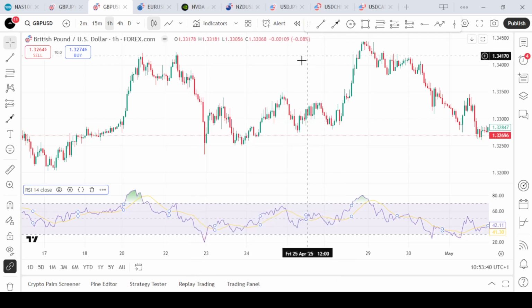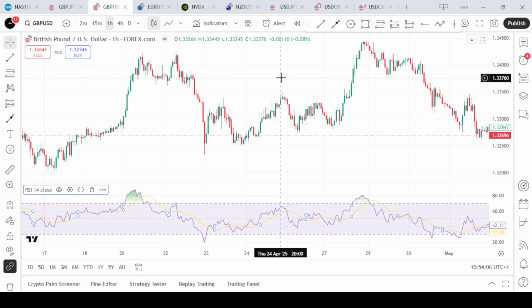Now, during an uptrend, the RSI indicator typically remains above 50, while in a downtrend, it stays below 50. Now, the 50 is a center line which acts as a dividing line between the bullish and the bearish territories. So two key RSI patterns you should watch out for are the trend lines